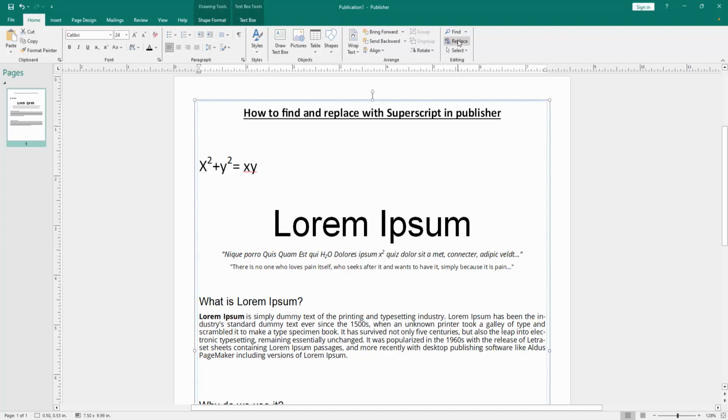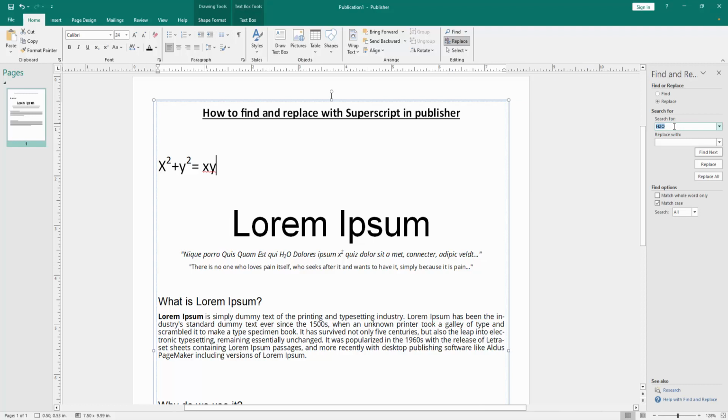Go to the Home menu, then click the Replace option. Then write the Superscript text. Write X, then write 2 and select the 2 letter, then press Ctrl Shift, then double press plus on our keyboard, then click the Replace With option, then